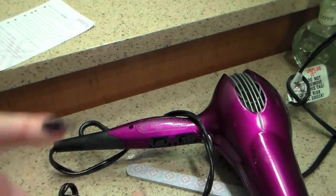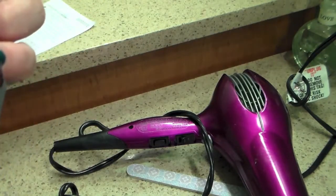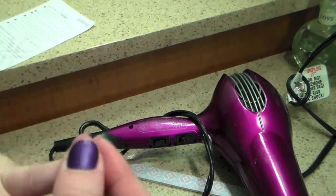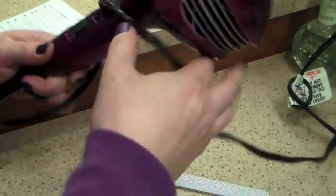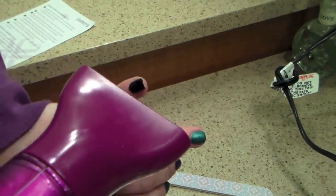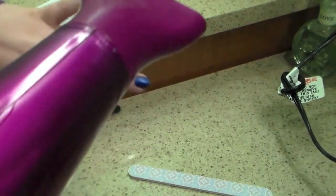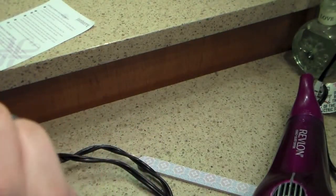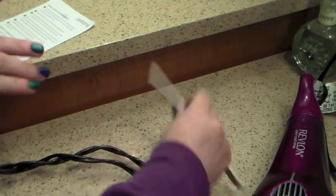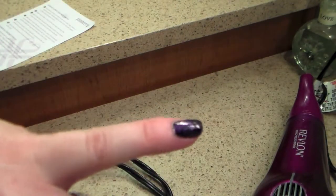Then I'm going to take my scissors and trim off the excess. Once I do that, I am going to apply heat once again with my hair dryer just to make sure that it's really sticking to that nail polish there. So I'm just going to do some more heat and then press down again onto it, just making sure we're getting a nice stickiness to it. So once that's done, I'm going to take my nail file and actually just file in a downward motion, and